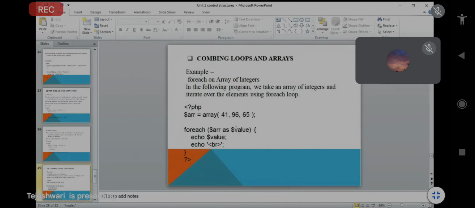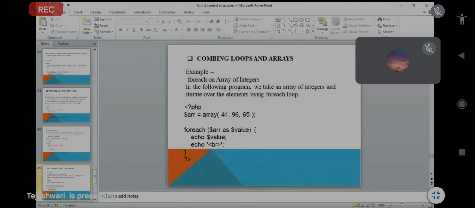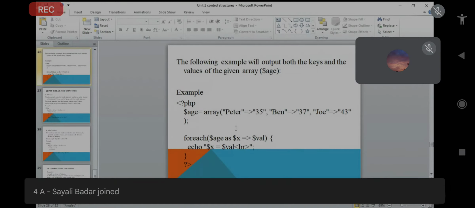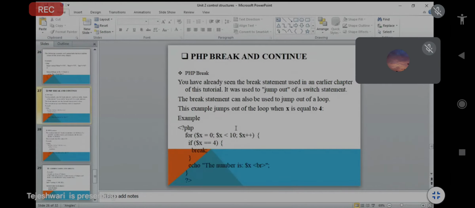So, combining loops and arrays. In this example you see there is an array of integers. In the earlier example it was an array of string values, or characters, actually associative with key and value, where both were strings.